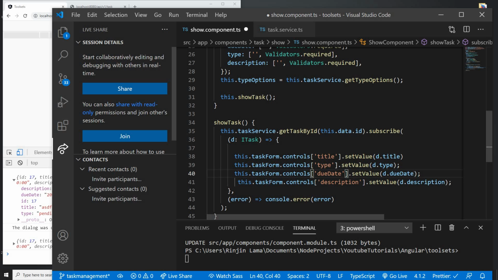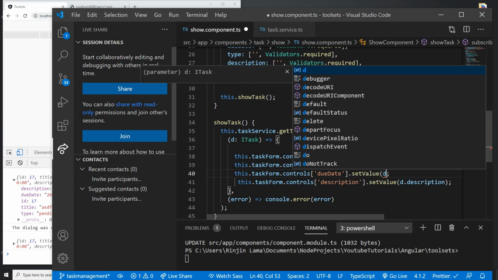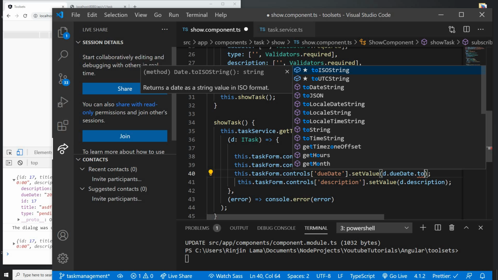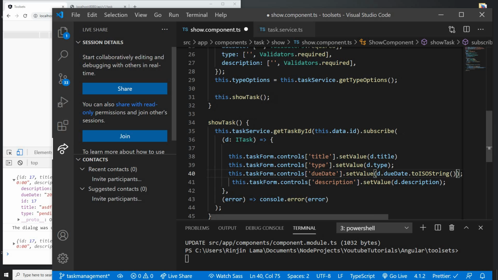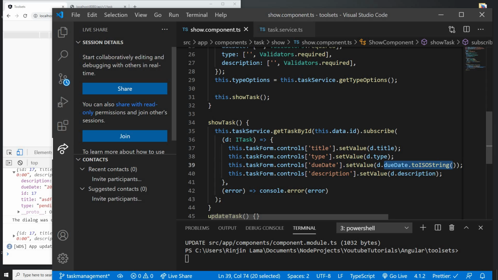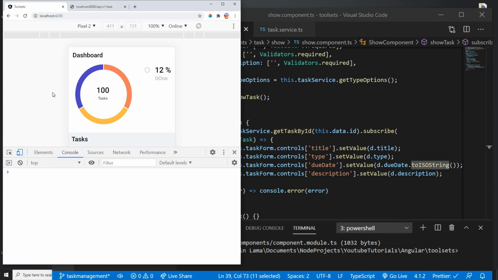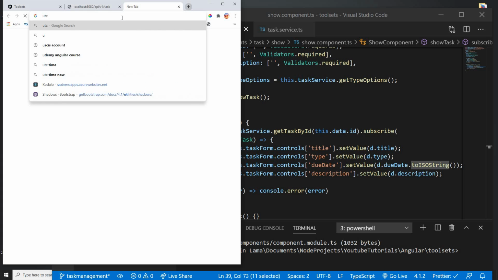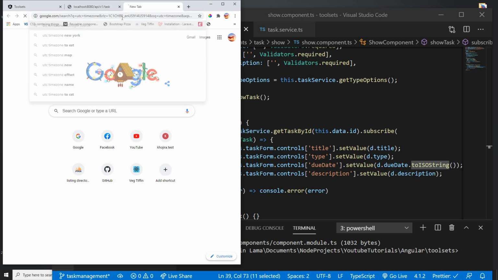Everything looks good, but this due date is being provided to us as a string, right? So I need to provide the due date here. You know what, let me check what d dot due date is providing, and yep, it is a date field. So let me try this. If this doesn't work like this, then I need to change this to date, and I need to provide toISOString, because Material will check the UTC time zone, so we need to provide the UTC time zone for that one. Okay,